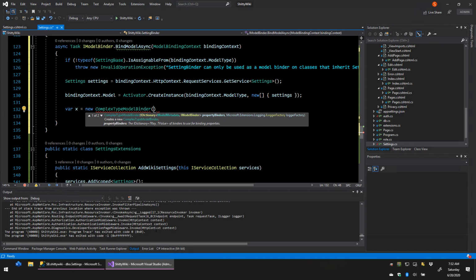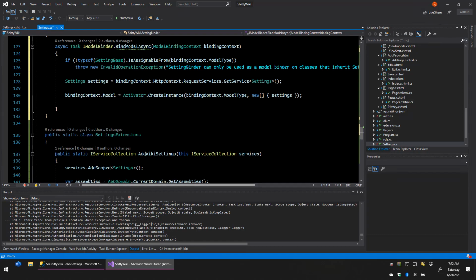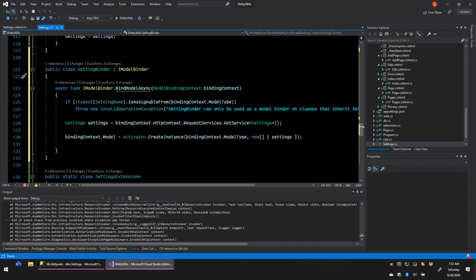I don't know what this is. I can't create this thing. Maybe there's a way that I could hack that, but I don't care. So what we really want to do in our class here is get a reference to the